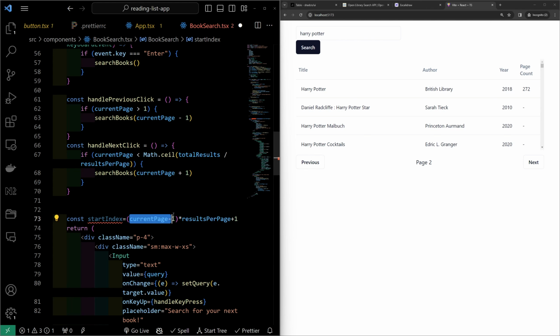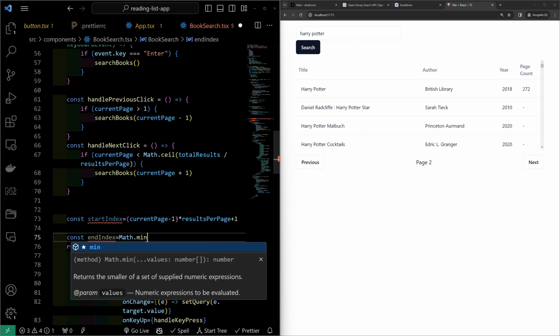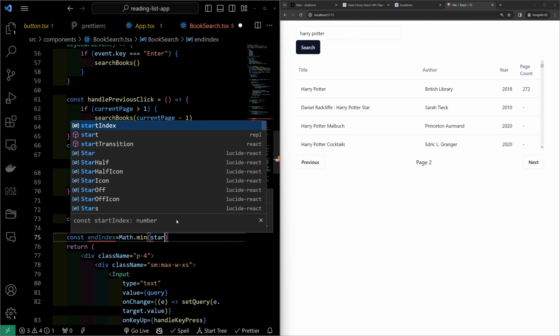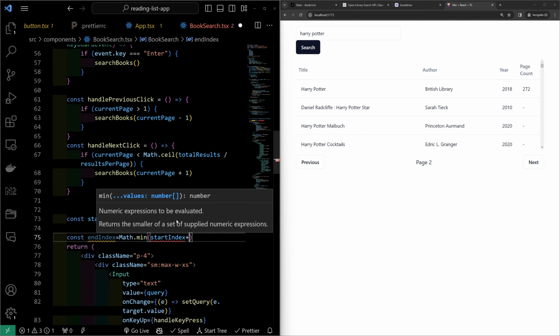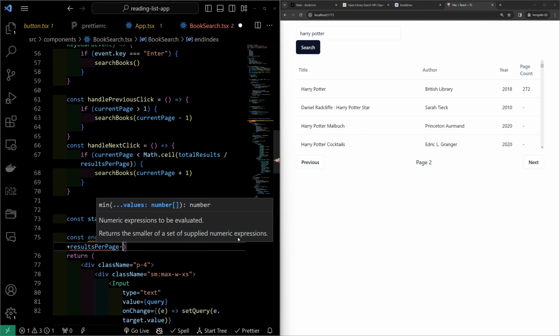So we say the current page minus 1 times the results per page plus 1, and we're going to have the const endIndex. So, whoa, what did I say? Const endIndex. I am tripping. And this one is, we're going to basically do Math.min. And in here, we're going to take that start index that we just calculated, and we're going to add the results per page. So if we have 100 as our results per page, and our start index is 1, this is going to be 101. But since we're actually only returning 100, we're going to have to do a minus 1